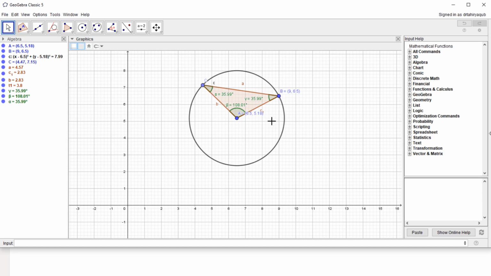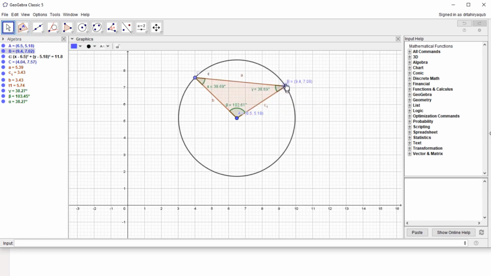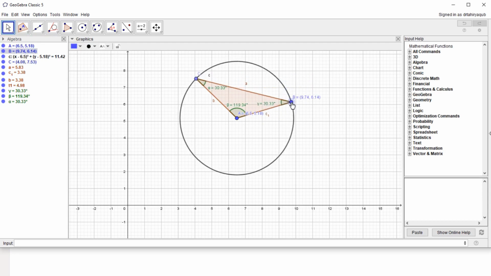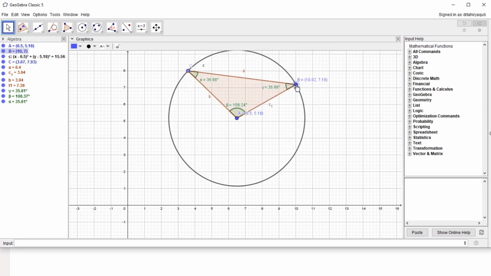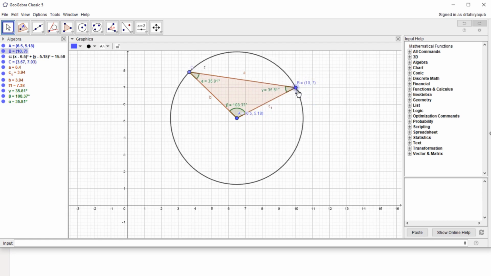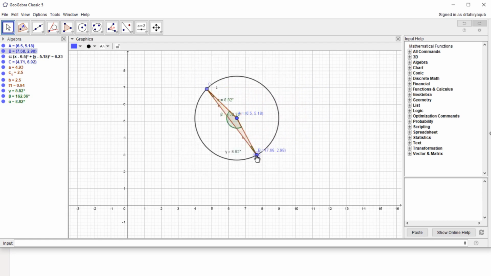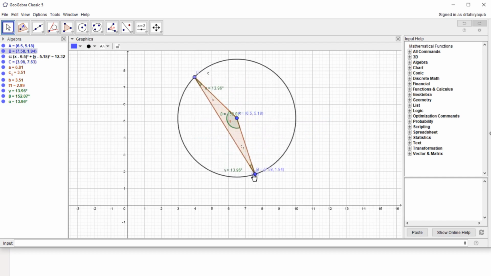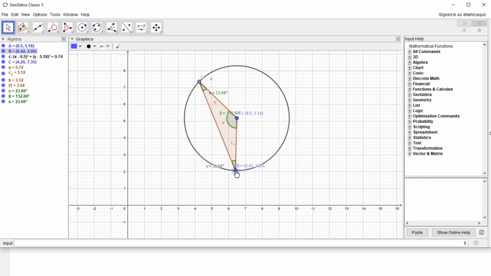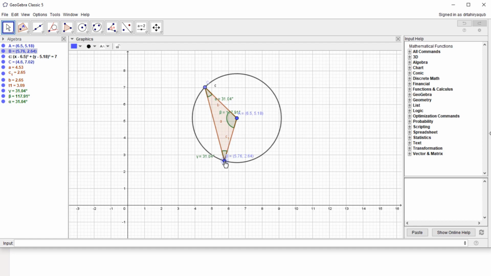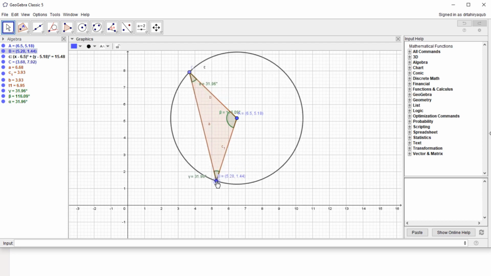And not just this, what I can do now here is I can move this point. So I see that this move is selected. I click on this point and I move this point, and as I move, the angles are changing, but they are still the same because the sides are still the same and the points are on the circle. So even if I move to the other side of the circle, and even if I am changing the size of the circle, I can demonstrate that even if the length of the sides is changing, because the radius of the circle is changing, because both sides are the same, their opposite angles stay the same.